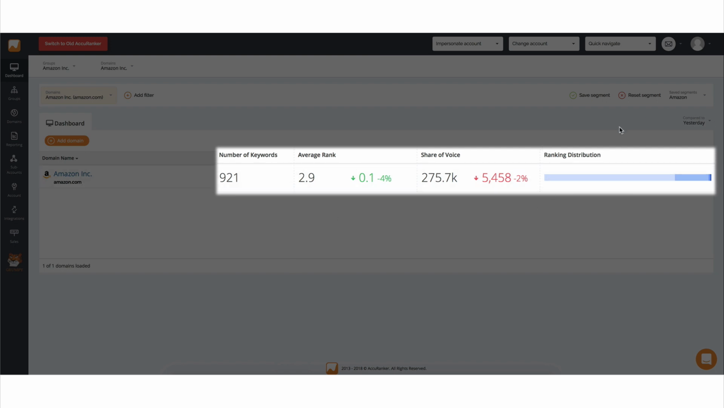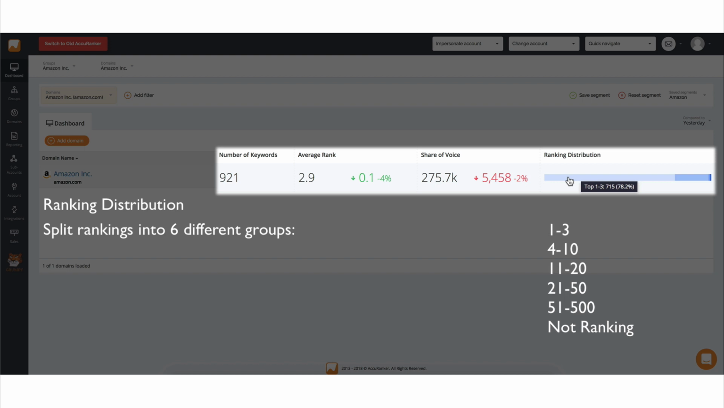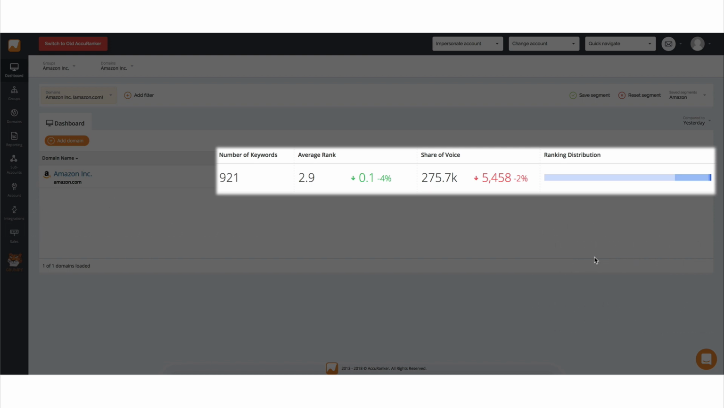All right, ranking distribution. So ranking distribution is where we take all the rankings and put them into 6 separate groups. The first group is the group for rankings 1 to 3, and then we also have a group for 4 to 10. This goes all the way down to unranked, and you'll see the darker shade of blue it is, the higher the ranking segment is. So pretty easy